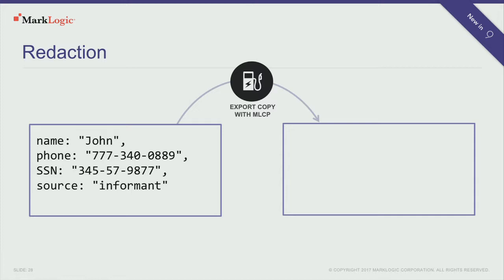So redaction is, just as it sounds, just like in the movies, redaction allows you to change the data as it's moved out of MarkLogic. So in this case, we could change all of the instances from John to Michael. And why is that important? Because you want to have the same referential integrity in your export as you had in your original data. So I want every single instance of John to now be Michael. So my queries will still be the same. It'll have different values, though.